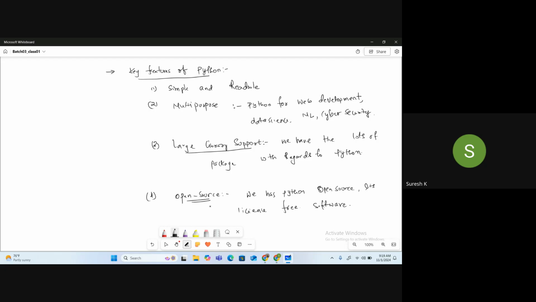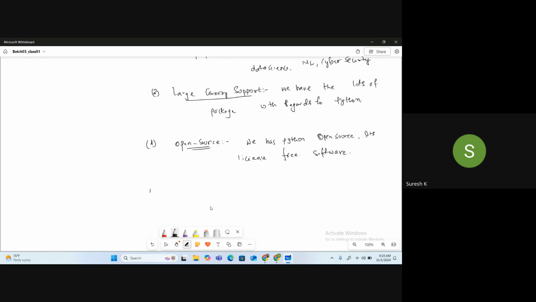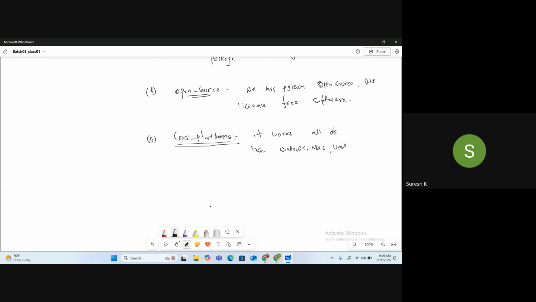And the most important point is cross platform. What do you mean by cross platform? Venkat: it works in all OSs, like Windows, Mac, Unix. How this has been, if you wanted to see, it's an example.